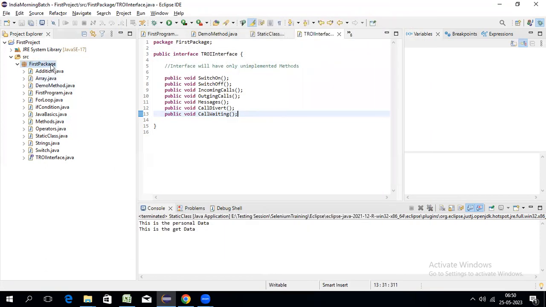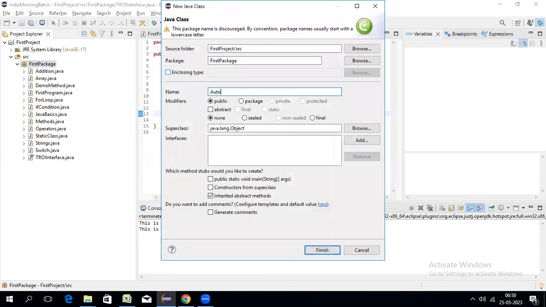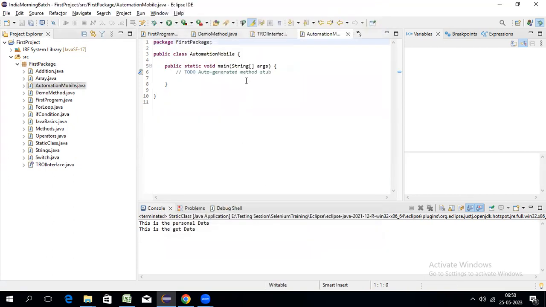Whenever I want to execute, I can execute only class files. Yes or no? Because class files only have main. You agree or not? So now when I want to create a new mobile, it has to work, right? Then it should be a class. So now I'm creating a class. I'm giving it the name automation mobile. My mobile name is automation. I have to put a main or not? Yes, I want main. So when I give main, so now here,